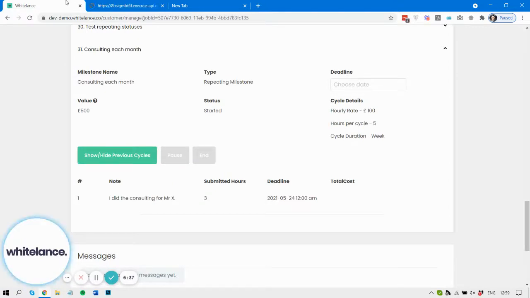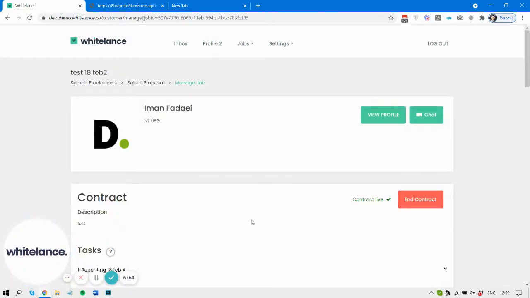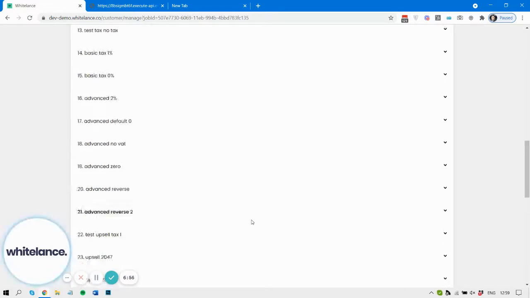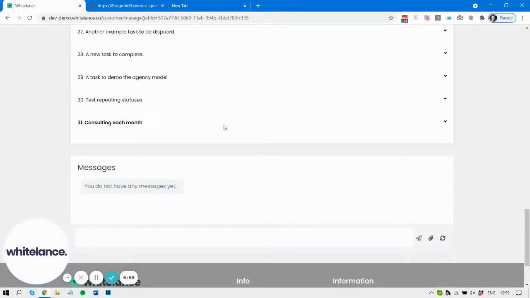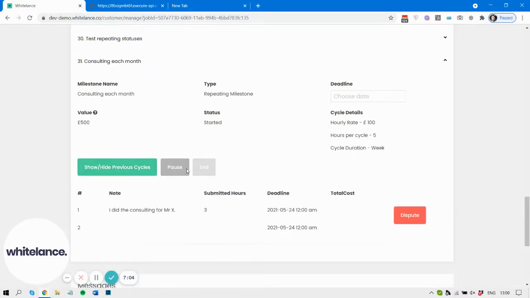Sunday has rolled around and those hours that have been submitted have been cemented. They are the official hours that have been submitted. And the system is going to lock those hours in, enable the customer to dispute those hours if they wish, and it's going to automatically create the next cycle as well for the next week. So let's have a look. There we go. So it's locked in those 3 hours,